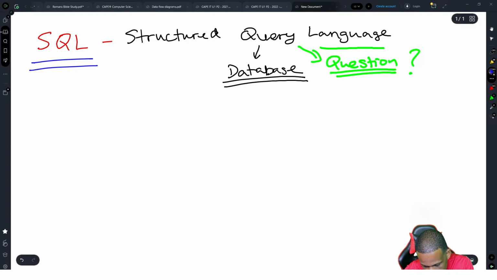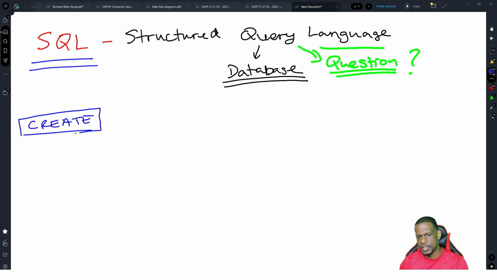So the first command we're going to learn is the create command. Now SQL is really easy. It's quite easy to learn, but usually when something is easy to learn, it's also easy to forget. So the create table command